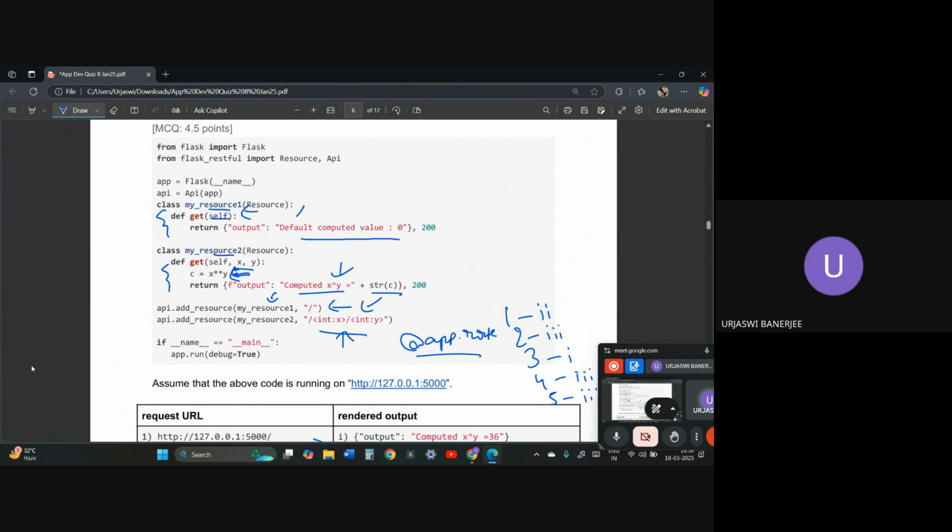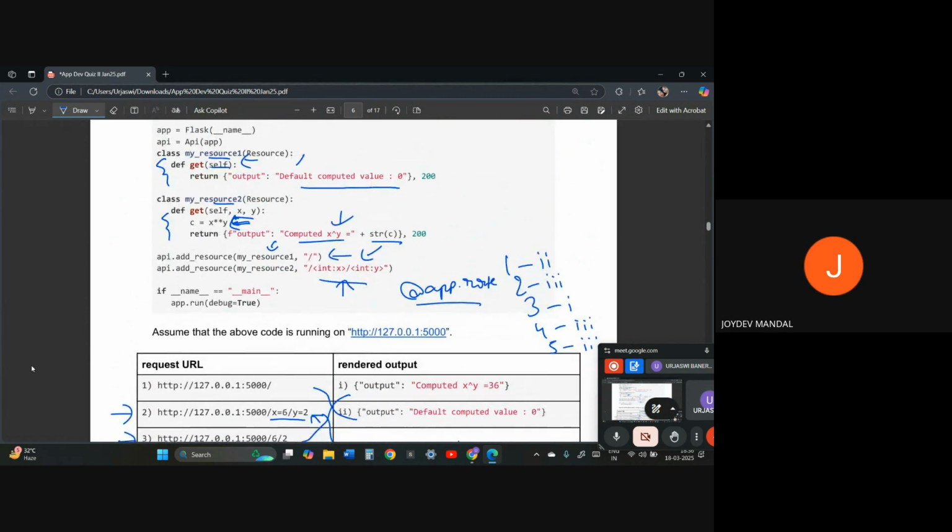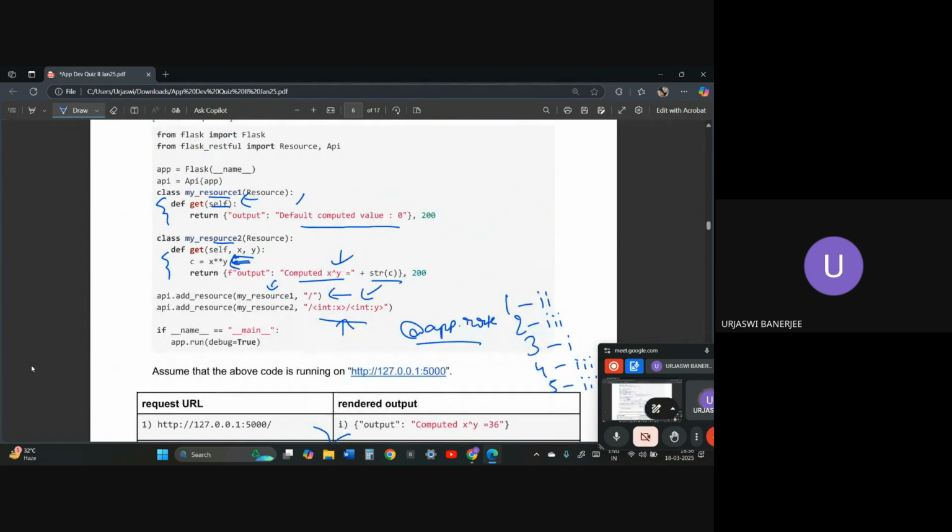It will go to self only when the route is just slash. As soon as you provide any number after slash, like 6 or suppose 2, it goes into the second API, my resource 2. So it becomes the route, and it immediately goes into this function.